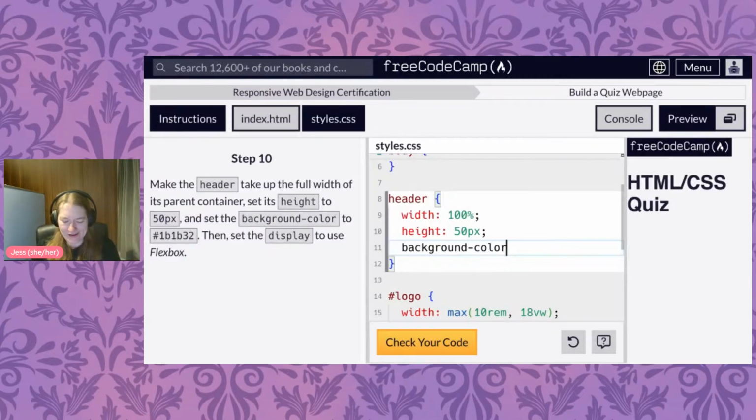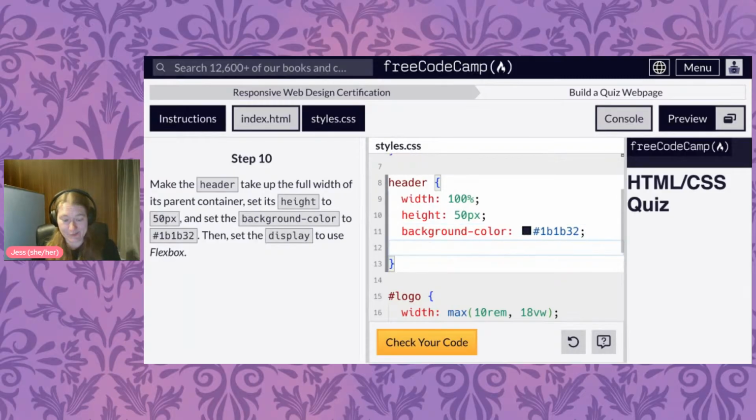Background color. Let's set our background color here to this. Ooh, then we're going to set our display to Flexbox. Actually, this is going to be really, really helpful because